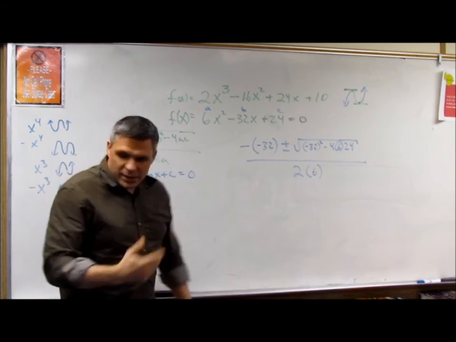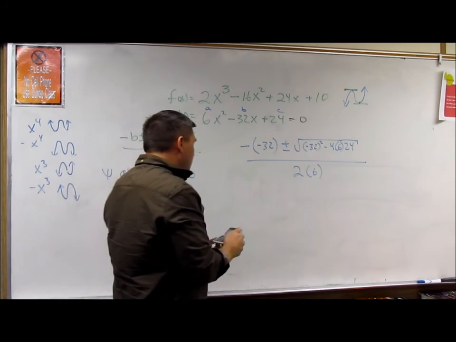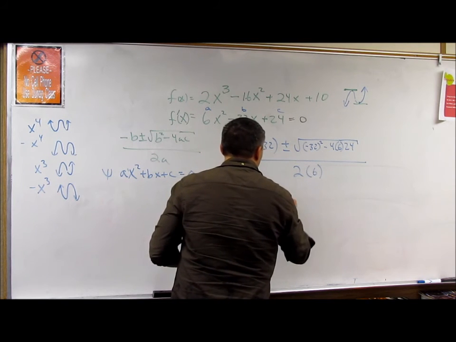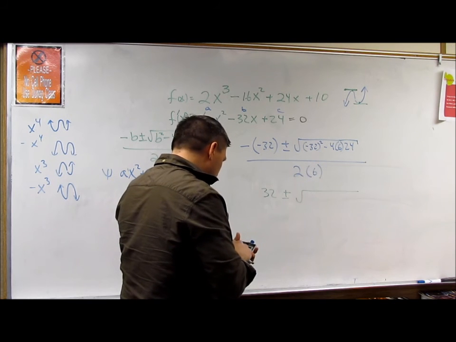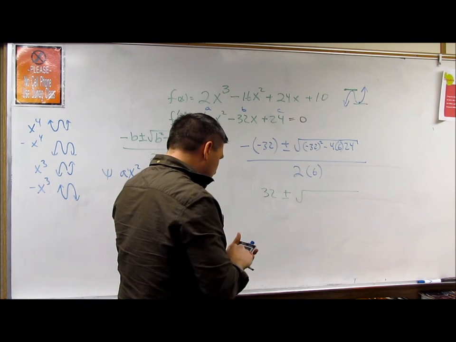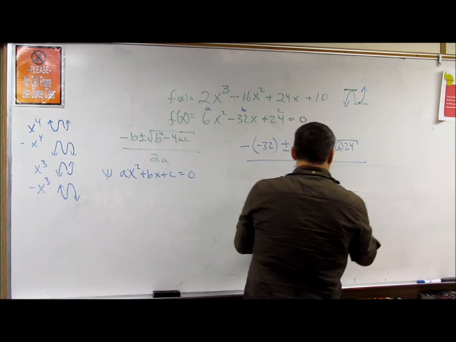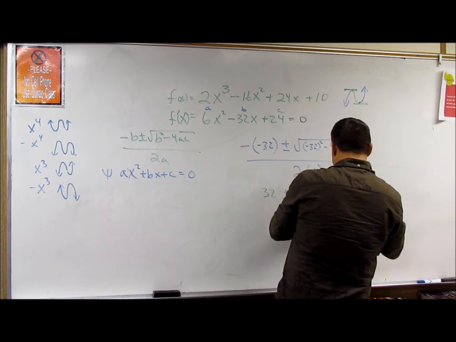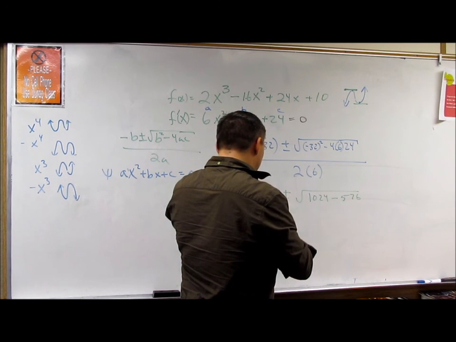Okay, so then I bust out the calculator. Kind of need it. So I've got a positive 32 plus or minus the square root of 32 times 32 equals 1024 minus 24 times 24 equals 576. So 1024 minus 576, oops,